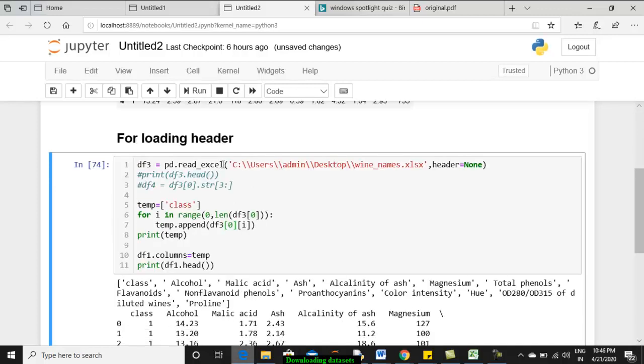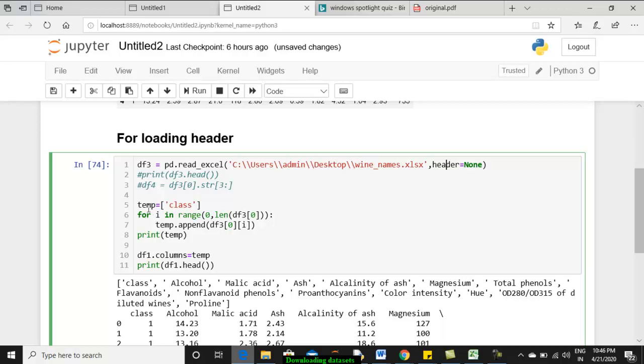After creating this wine_names Excel file, now we are going to create a list out of the attributes that are stored there. I have used the command read_excel to open an Excel file. I stored the file on the desktop. This file also doesn't have a header, and hence header is equal to None.